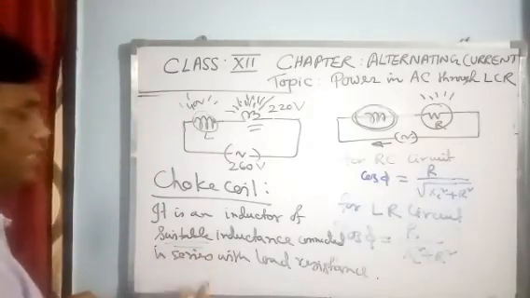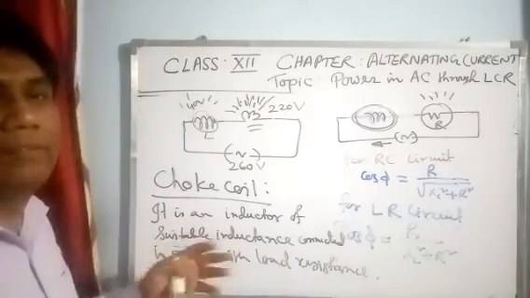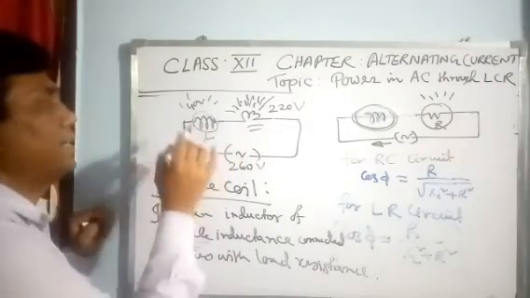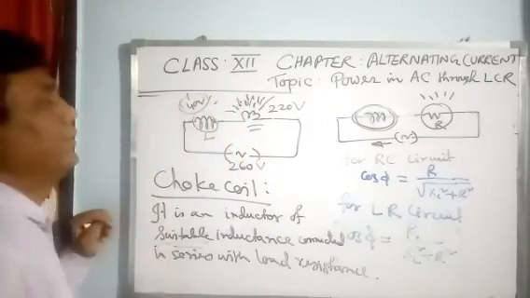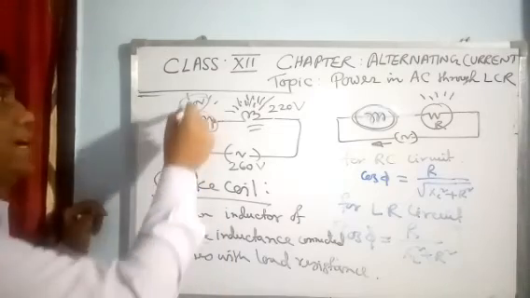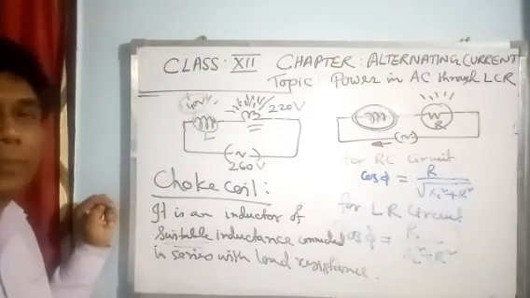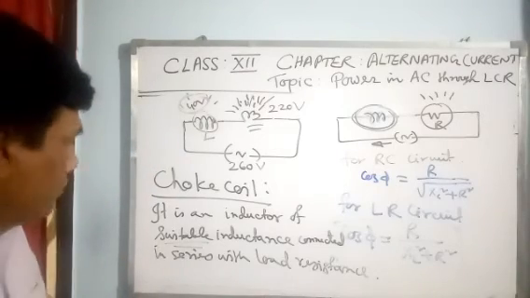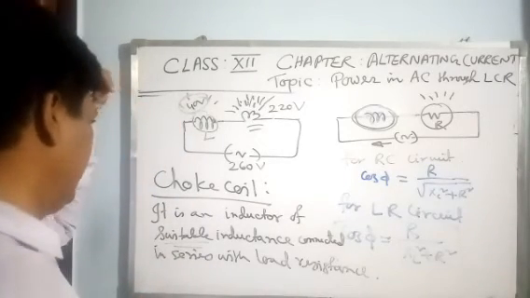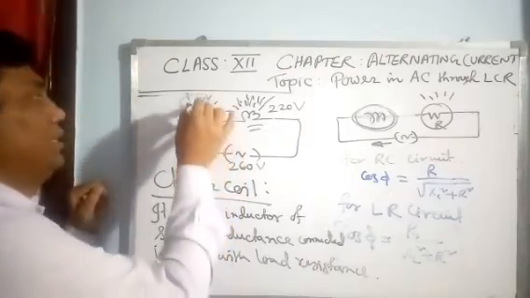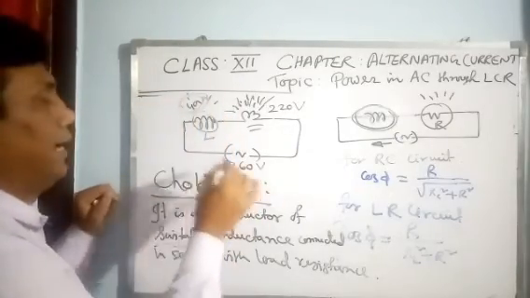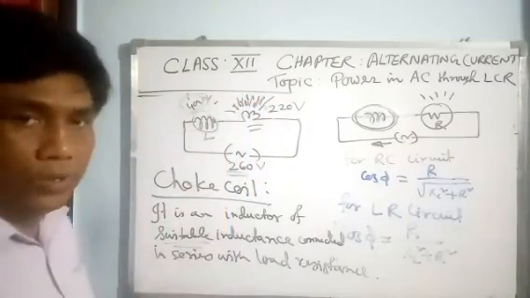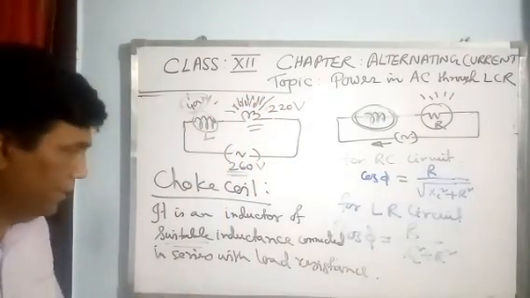Why is the suitable inductance required? Why not any value of inductance? Because if you choose the inductance properly, then only you can decide that 40 volt, the desired voltage, will be dropped here. So depending upon the inductance, the voltage drop is decided. So the value of that inductance is suitable so that it drops the required amount of voltage, and the left behind voltage is supplied to the load resistance to keep the load safe. Are you getting my point?